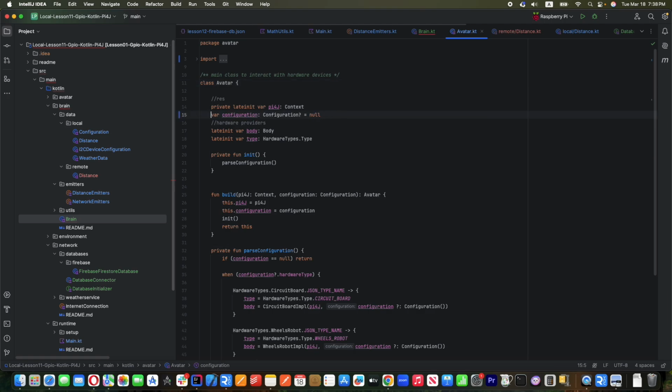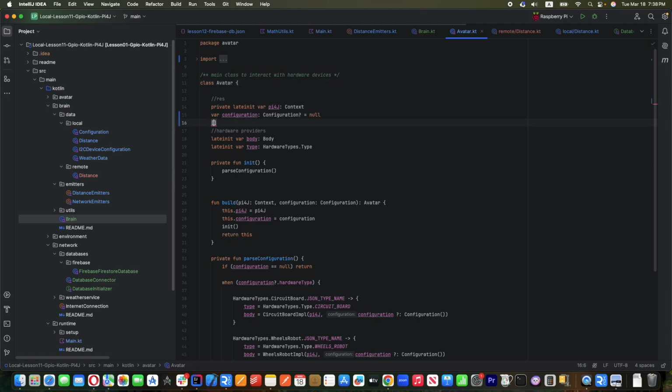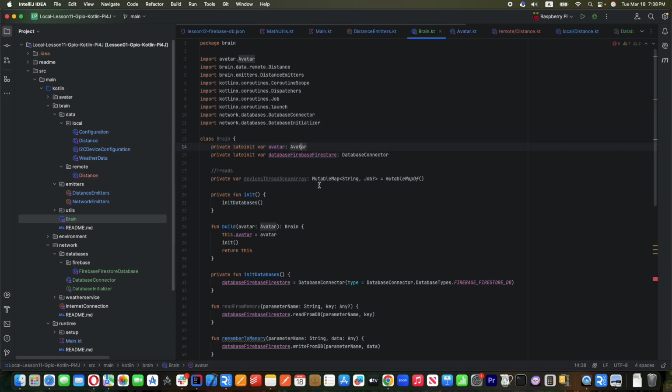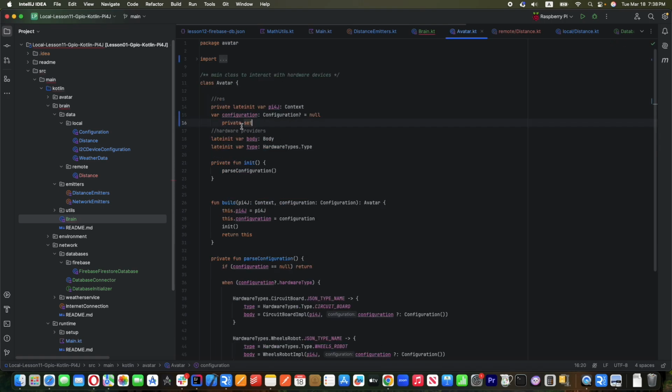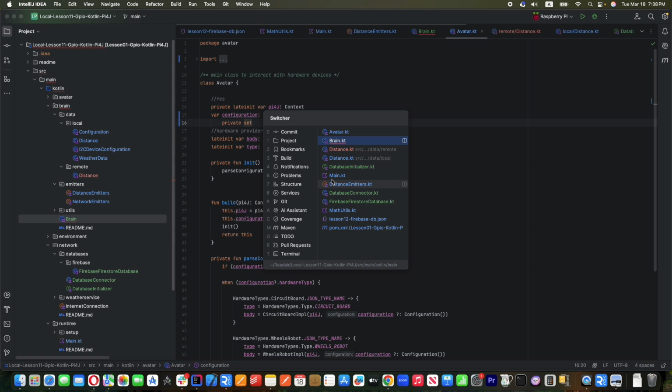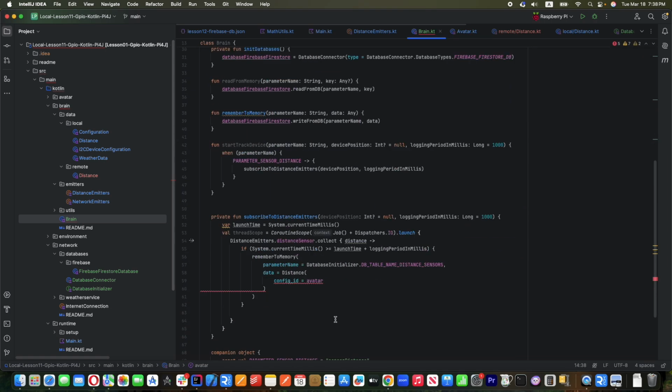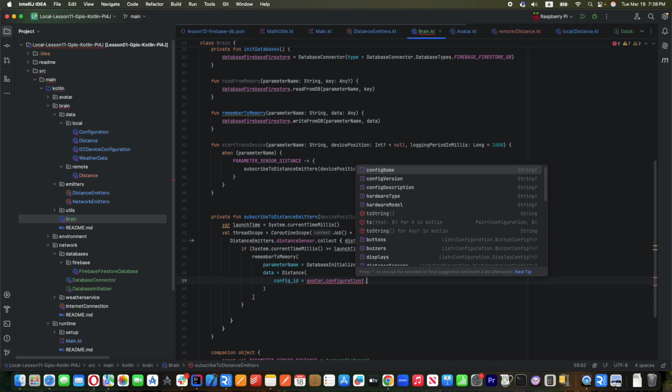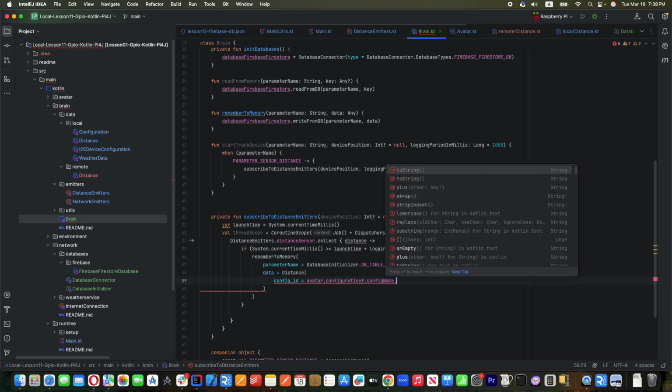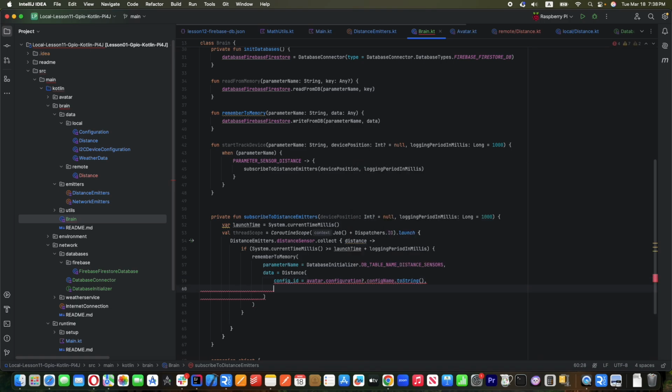If we make like that, private set, we can read the configuration, but we can't override it. Avatar, okay, configuration, config name to string, then sensor ID,